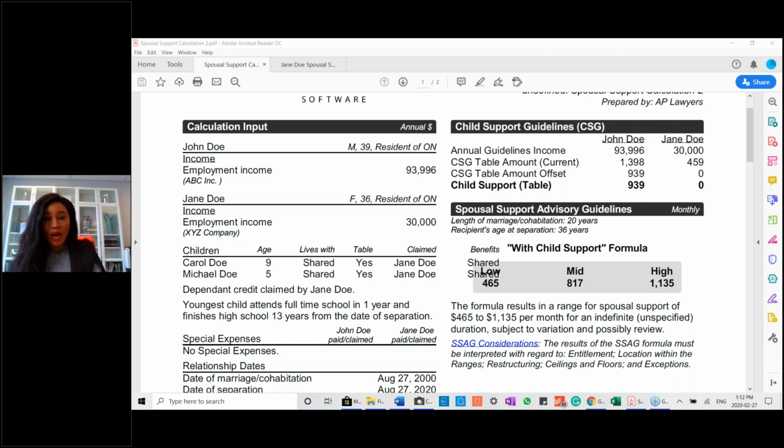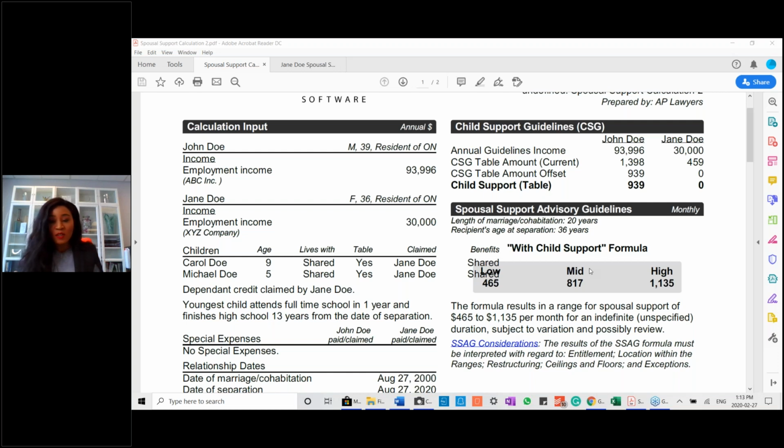In addition to that, you can also introduce various factors like the standard of living and the children that are involved, right? You have to look at whether there are access costs that can offset the amount of support that you should pay. Depending on what side you're on, if you're the support payer, you're looking to pay at the lower end, while the recipient is going to be arguing for the higher end. And at the end of the day, the role of the court or the mediator or arbitrator is